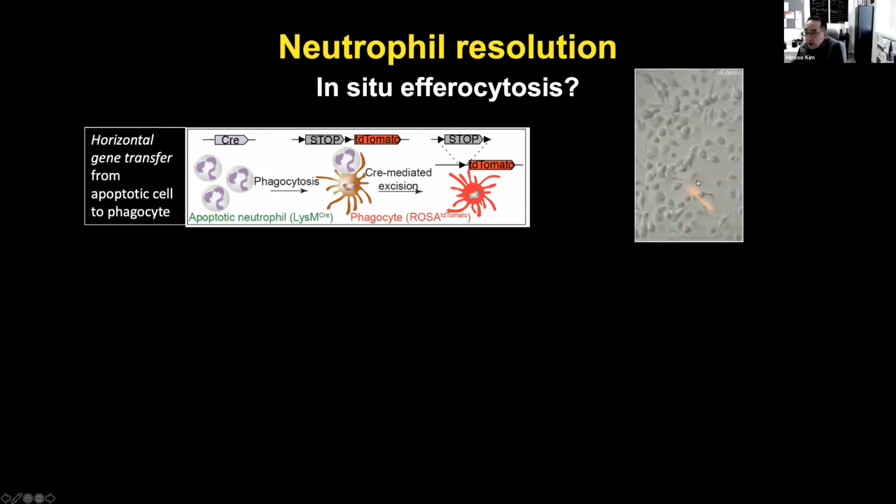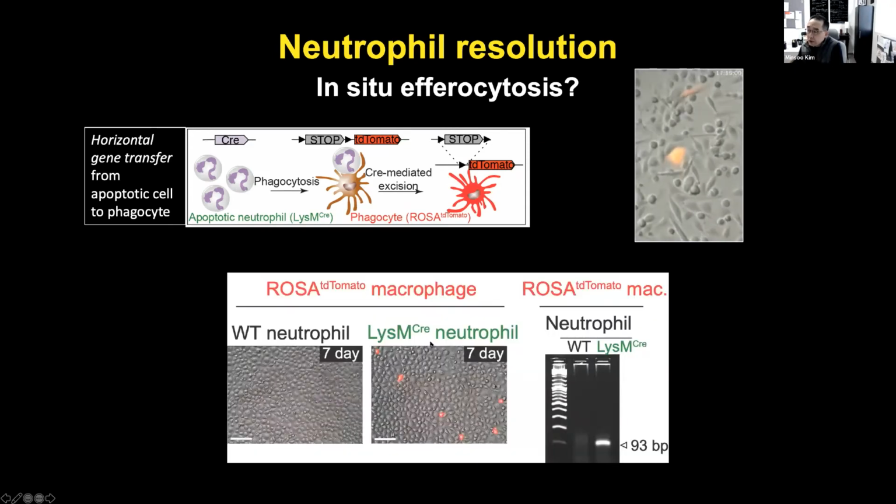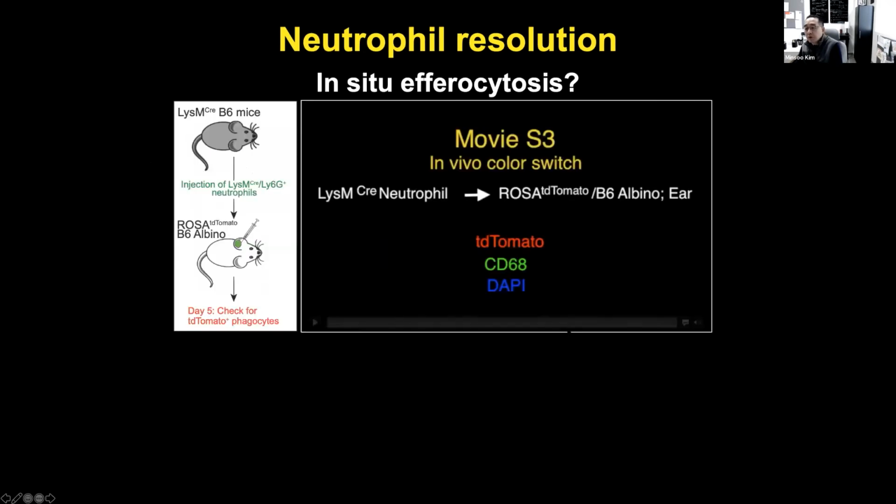Amazingly, it actually worked quite nicely whenever we co-incubated neutrophils and macrophages. We very often see very active red color development in this assay. And this only happens whenever we co-incubate Rosa macrophages with Lyz2-Cre neutrophils. Even in an in vivo setup, if we inject apoptotic neutrophils that carry Lyz2-Cre genes into the Rosa mice, after several days,